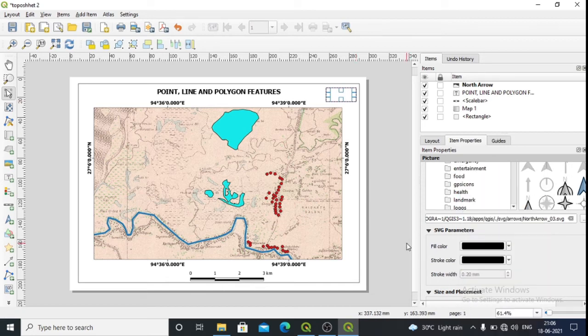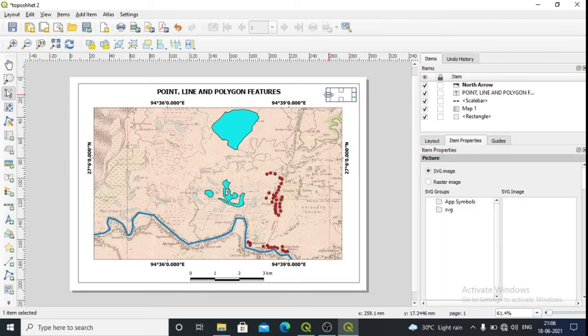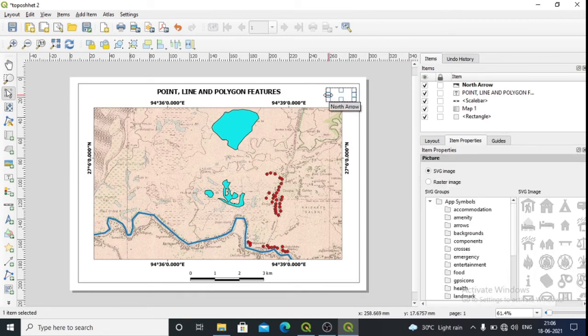Then you can move it to one of the corners.